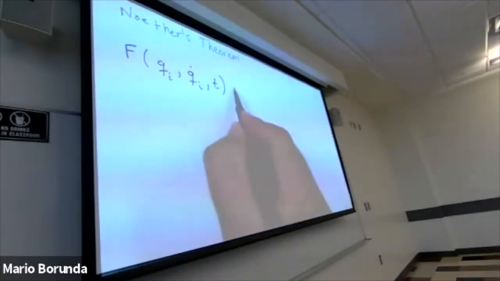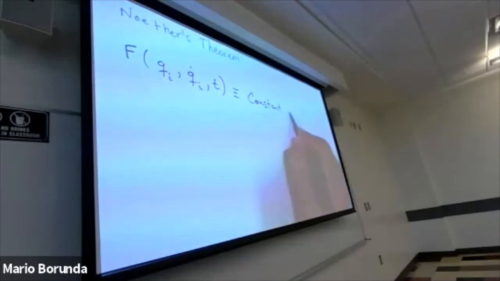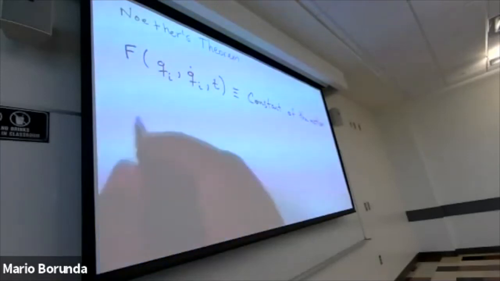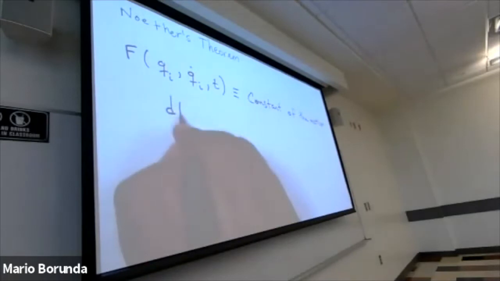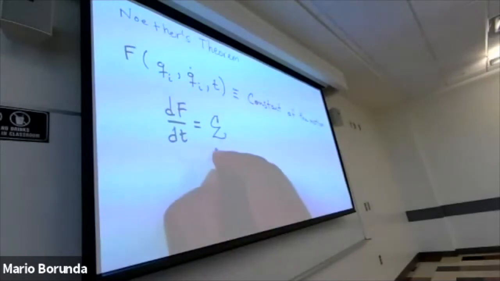We're going to call this one a constant of the motion. And this constant of the motion, also known as a conserved quantity, happens if this function's time derivative is given by a summation